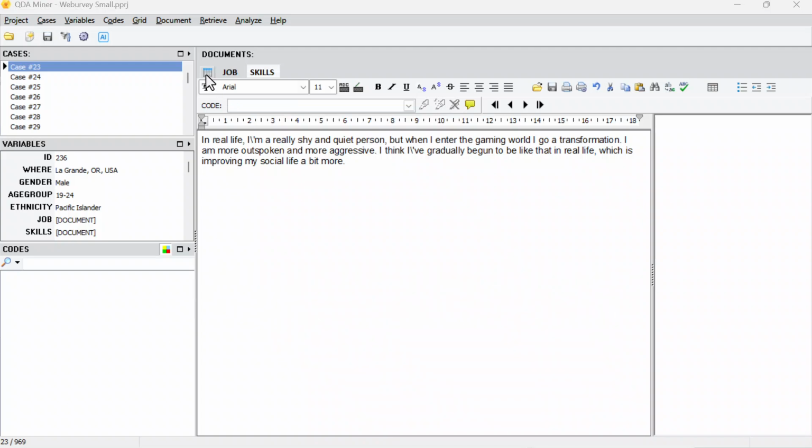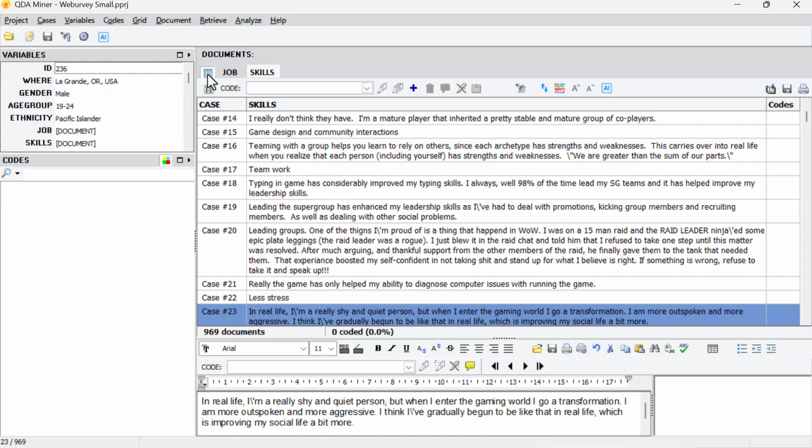Let's start by switching to the QDA Miner grid mode view, which is much more convenient for analyzing open-ended questions. As you can see, there are no codes yet in the coding window in the lower left corner. So of course, I could create codes manually and apply them to each response one by one. I could also perform text search or use the cluster retrieval and coding features to quickly code those responses. But instead, I'm going to use QDA Miner's new generative AI features, which will automatically generate a codebook and apply